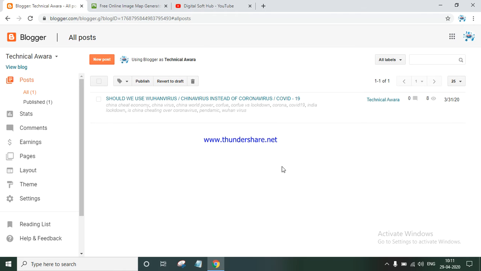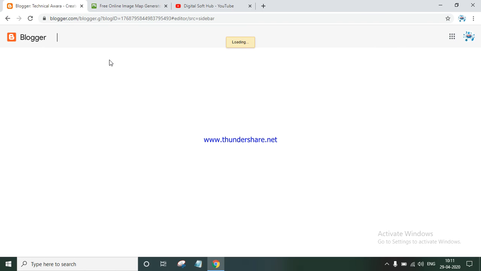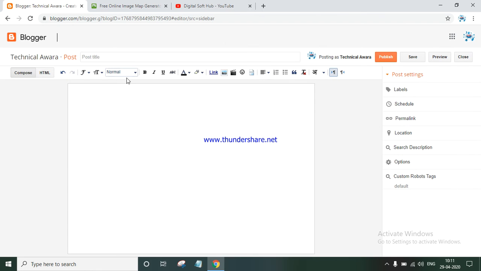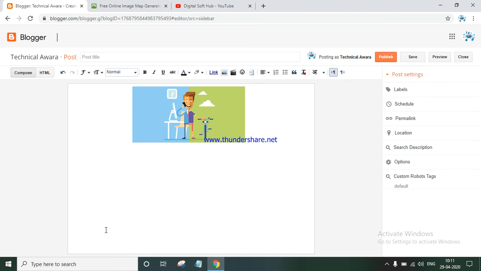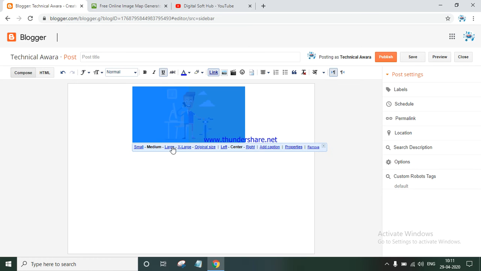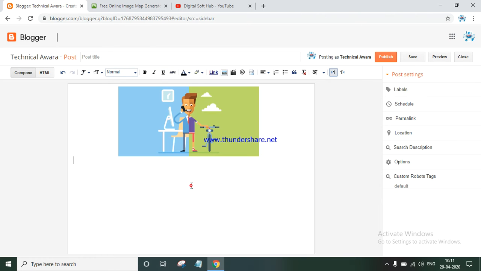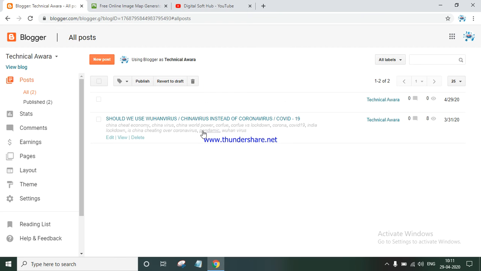Guys, you can give multiple links in a particular image. This video is going to be very important for you if you are a blogger or you run a website. You have to click on image upload. You can upload an image from the web or from your computer. You have to publish after uploading it. As you publish, the site will be ready to open.